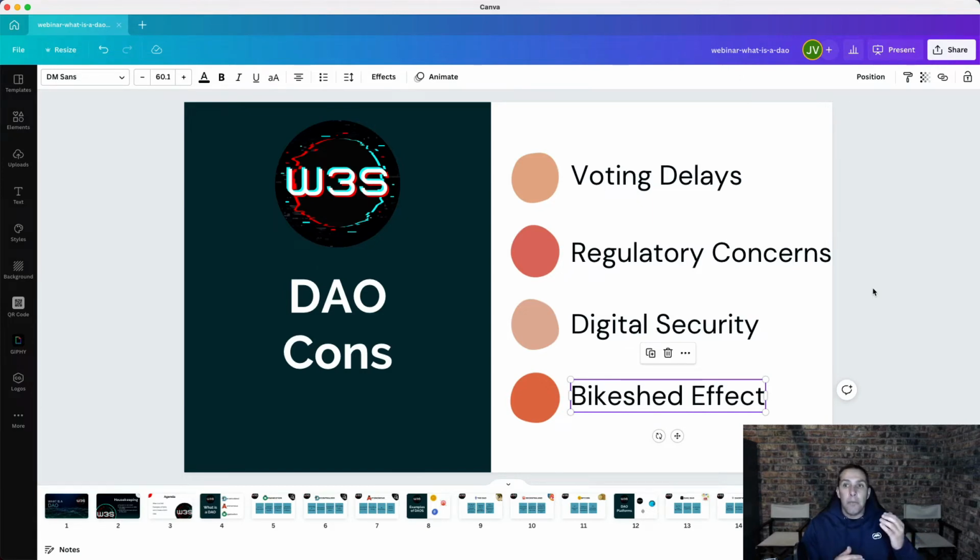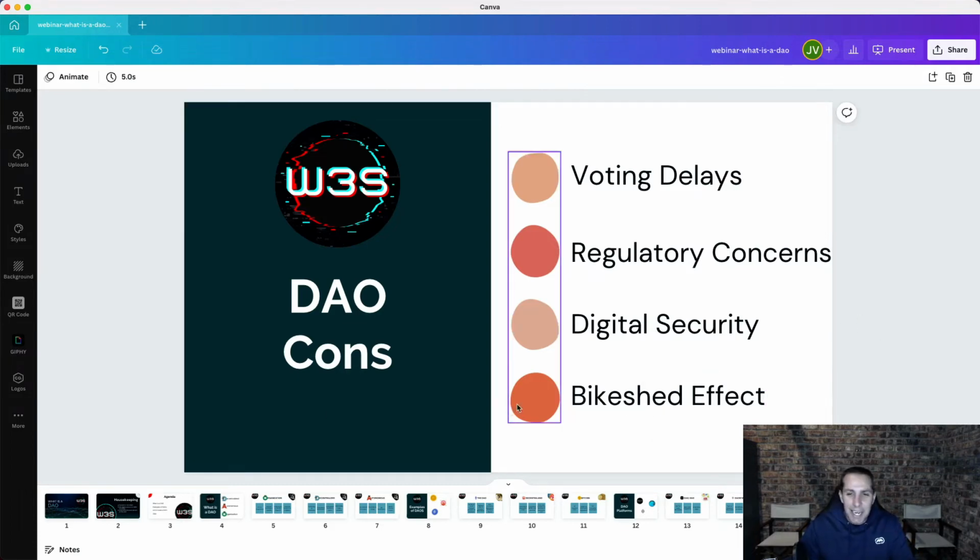So they are rather quick and easy to change colors and change names and be a part of those voting processes. But the moment it comes to advanced voting processes, you'll find that you don't have the amount of people that you need in order to properly vote and move the DAO forward. So they call that the bike shed effect. And if there's a better way to explain it, then I do apologize.